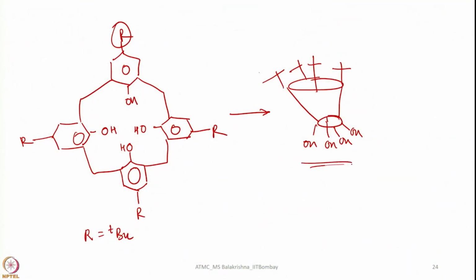As a result, it has this kind of shape, and this can also encapsulate, and very versatile chemistry is known with this class of ligands. And resorcinarene is also another class of ligands, where 2 hydroxyl groups will be there for further binding. So, with this let me stop discussion on oxygen donor ligands and move on to another very important